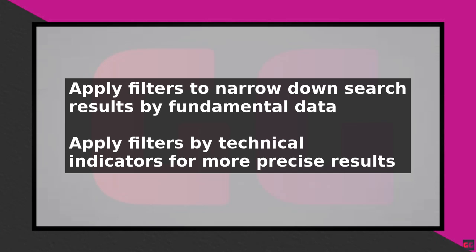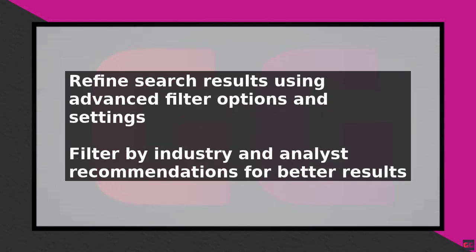For example, if you want to find stocks with a market cap of over $1 billion and a dividend yield of over 4%, you can apply these filters and the screener will return a list of stocks that meet these criteria. You can also save your screens for future use and set up alerts to notify you when stocks meet